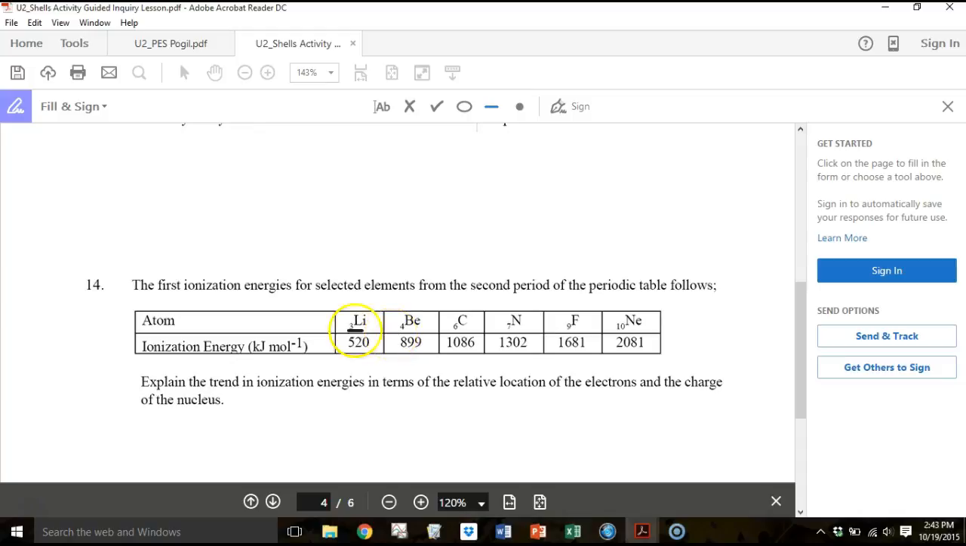All right, so if we see this pattern for that whole second period of elements, there's the pattern. And it says, explain the trend. Well, again, we just saw